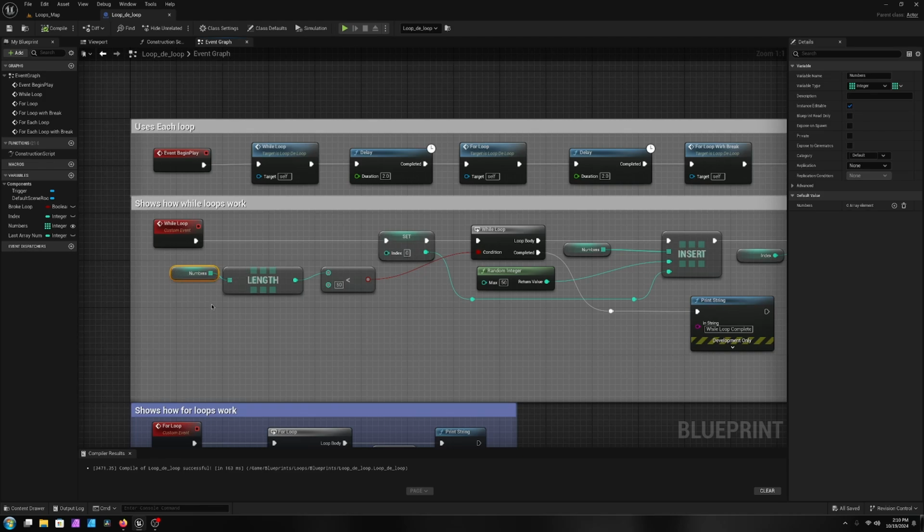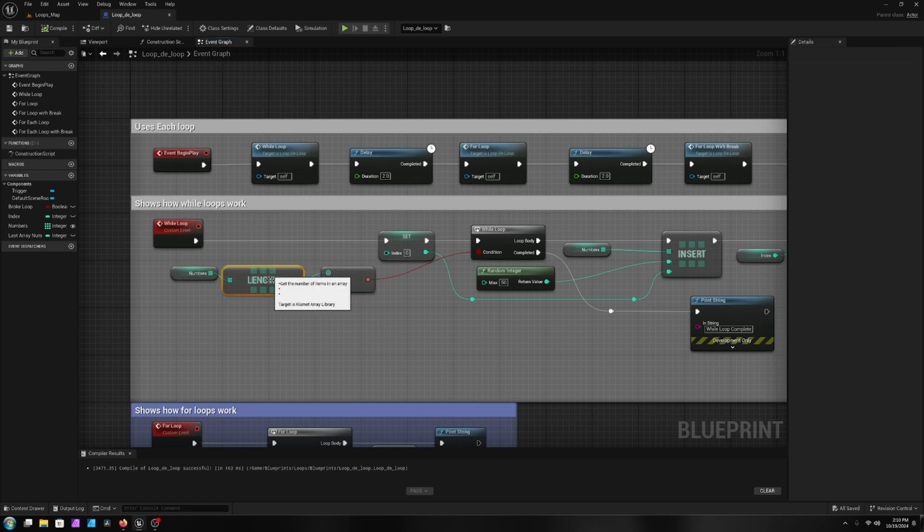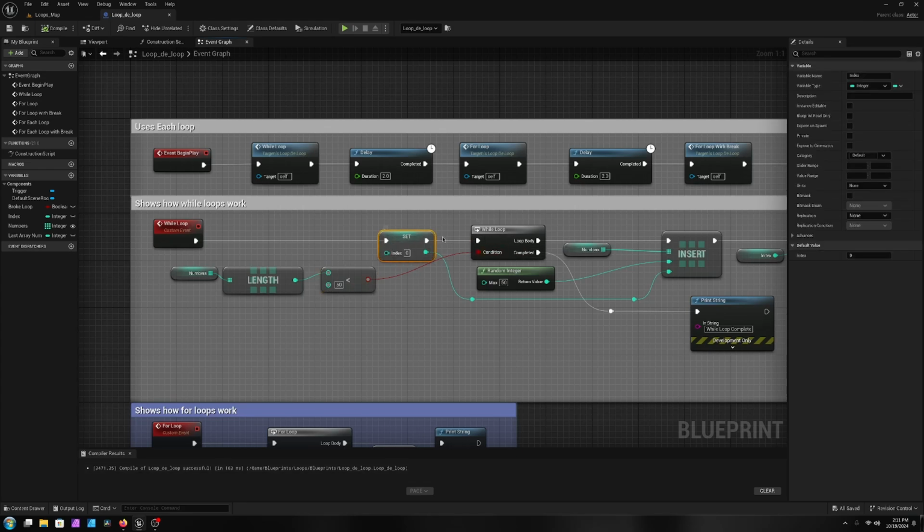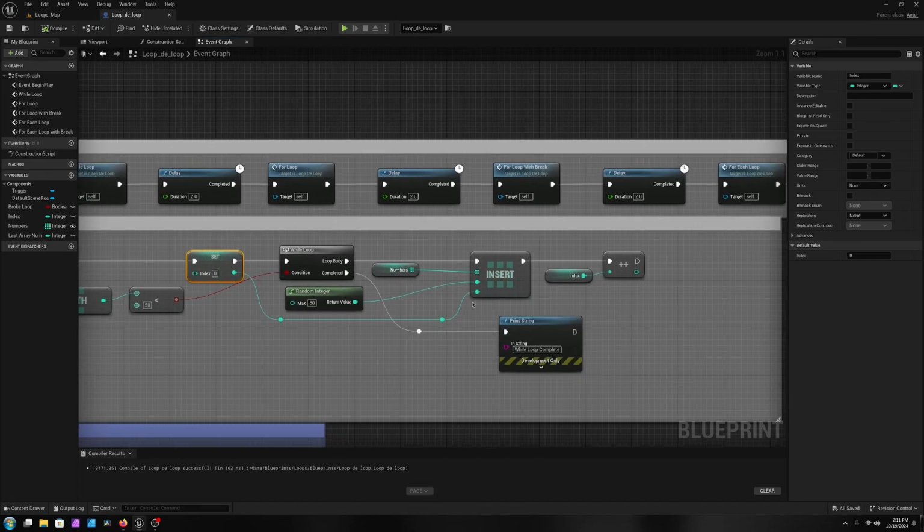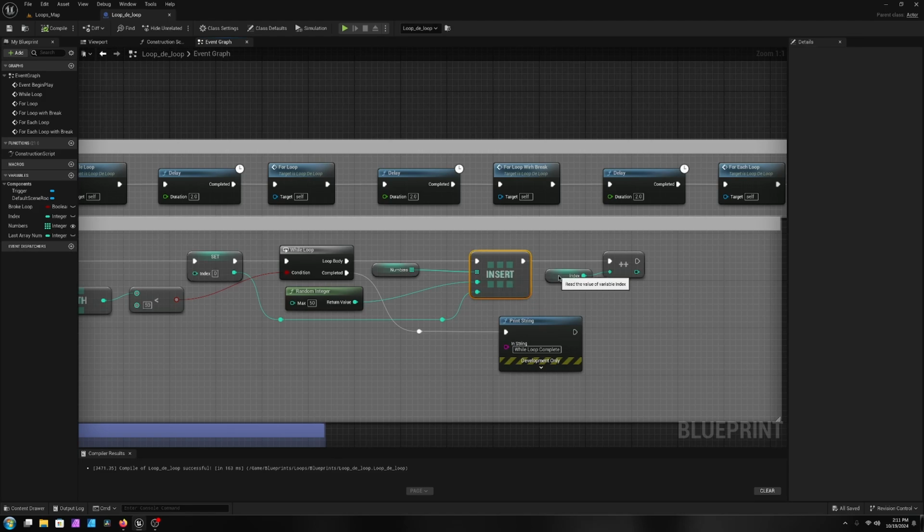So we have a list of numbers, and we are basically checking if its length is less than 50. And we're looping while the length is less than 50. And then we have an index here, which is keeping track of which index we're on within the list, so which number we're pulling, pretty much. And then we are inserting a random integer with a max value of 50 into the list, and then we are just incrementing the index up by 1, so that way we can continue moving down the list, inserting more